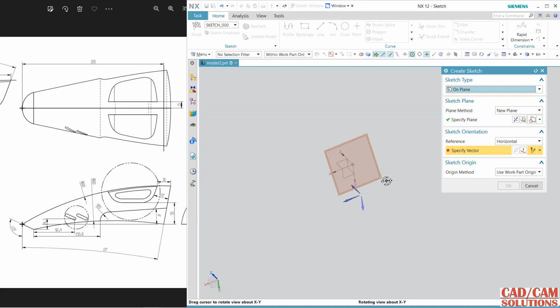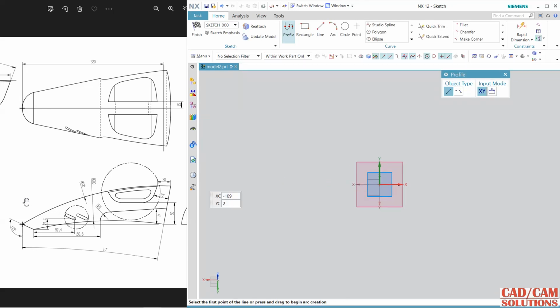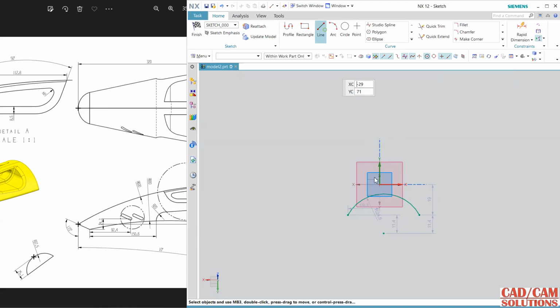and my reference is this. Orient the reference, and section is this one. So I'm starting with the arc and a line.